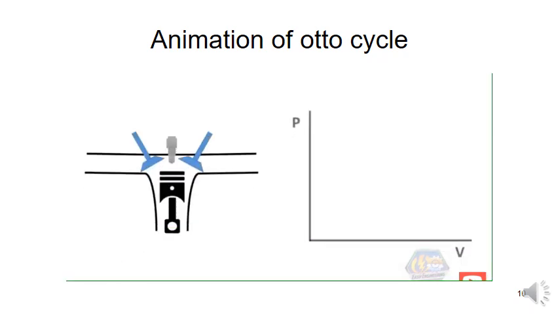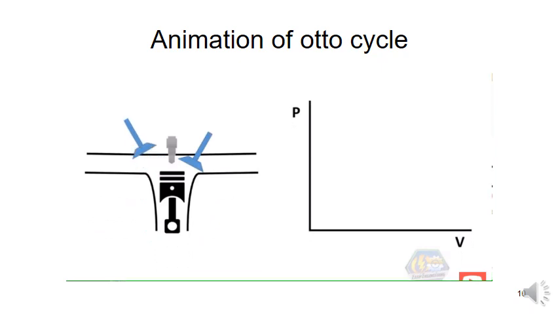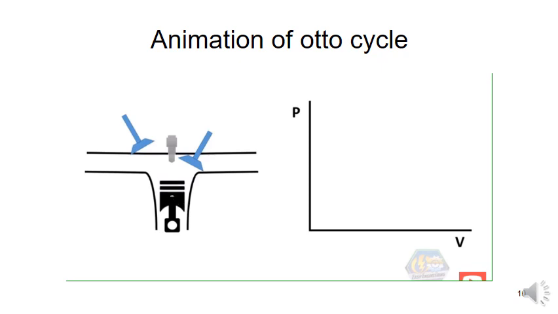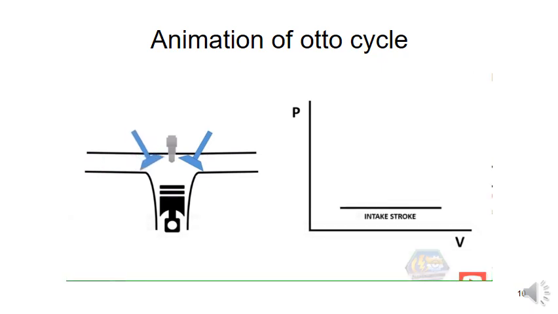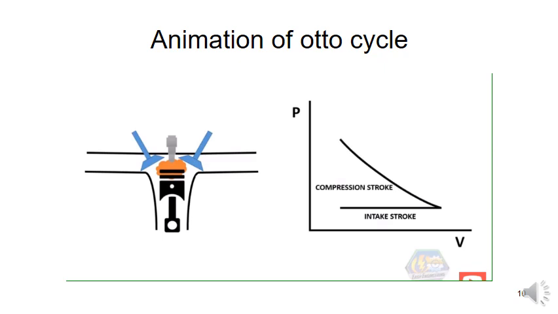And here, our intake valve is open, and this is what we call the intake stroke. The piston travels downward from top dead center to bottom dead center to draw the air and gasoline mixture into the cylinder. So as you can see, the volume increases. Next is the second stroke. The piston travels upward to compress the air and gasoline to make it a combustible mixture. Since this is the compression, as you can see clearly, the volume decreases and the pressure increases. This is called the compression stroke.